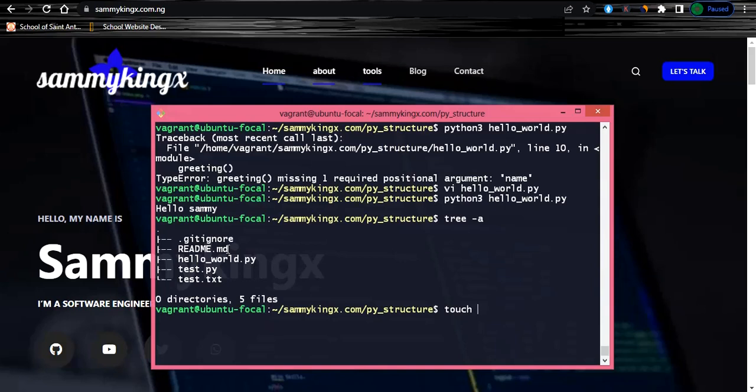You could create a docs file for it. You can just select docs and then docs.md like that. So this is now going to hold all the necessary documentation about it. Now let's also assume that in this hello world Python file,